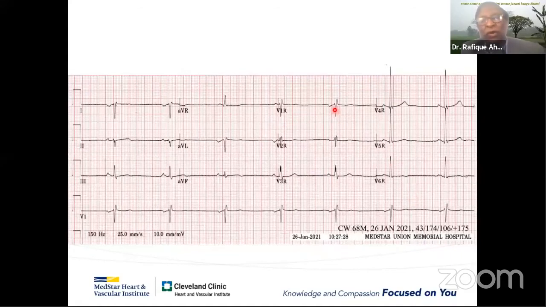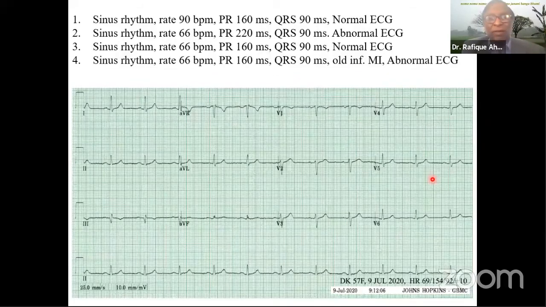See, so we did not swap the limb leads. The limb leads look as if there is limb lead misplacement. However, now we can see the R wave in V6. So this was a patient with dextrocardia. So please remember it. Every time we see a limb lead swap, we have to look at the chest leads and make sure that this is not dextrocardia. But these are not a lot of cases. A lot of times the patients will tell the doctor, hey, doctor, listen on the other side. So I have this ECG.